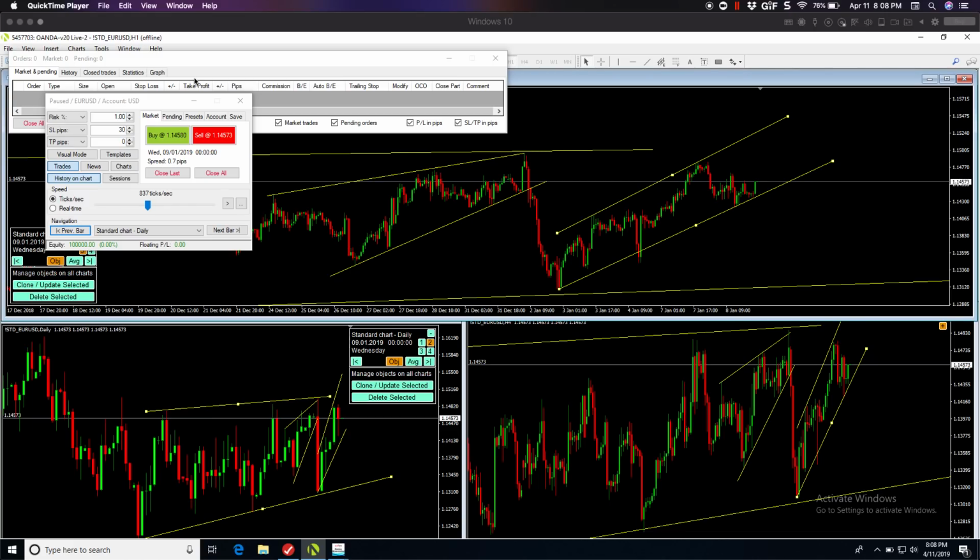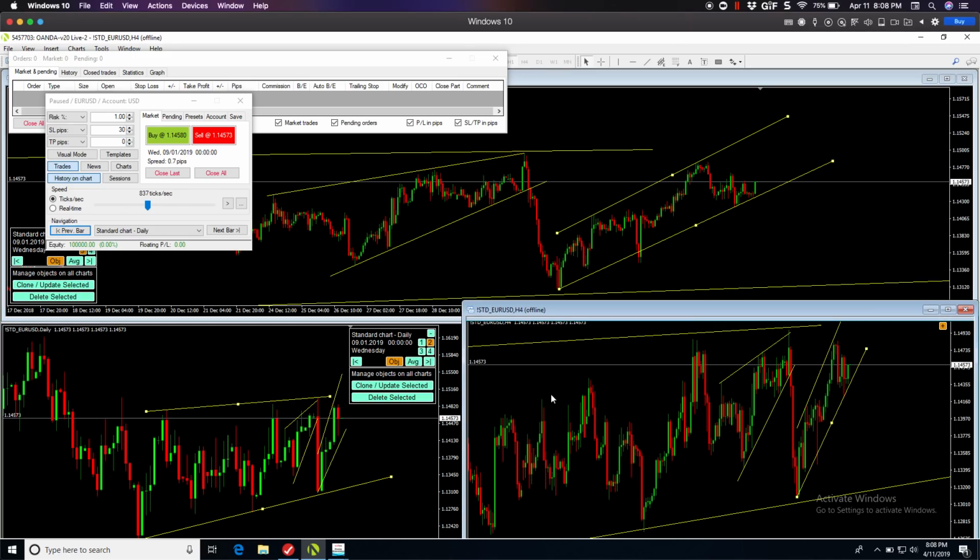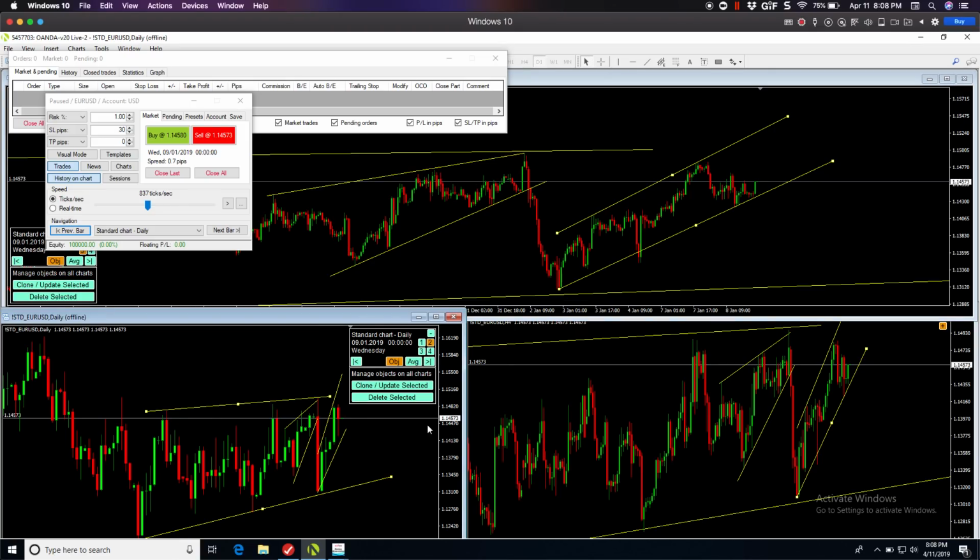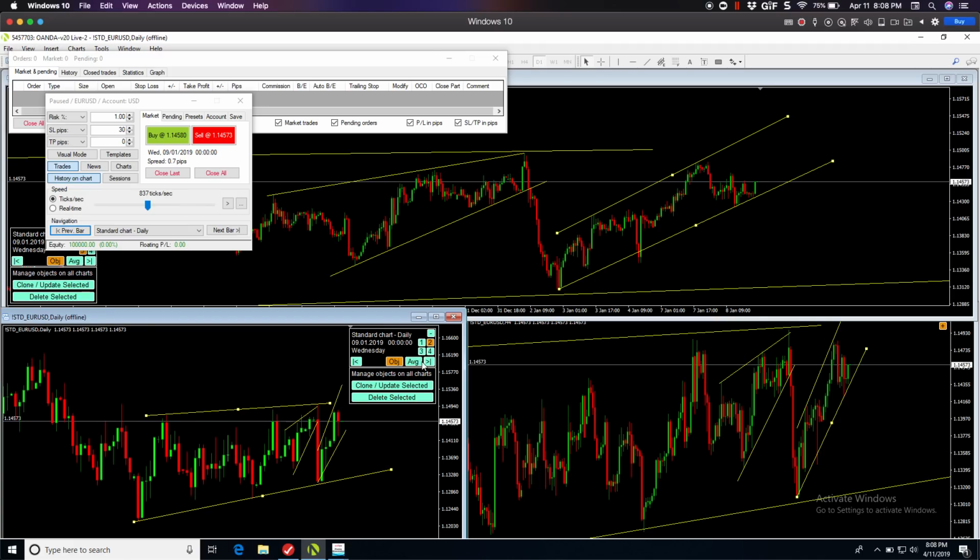So what I have here is an MT4 simulator called Soft4FX. And how I have this set up is we're going to be looking at EURUSD. I have the 1 hour chart on the top here, the daily chart on the left, and the 4 hour chart on the right. And so basically what you can see is on the daily, we are overall moving in kind of this correction, and on the 4 hour and the hourly, you can see that we're moving in an